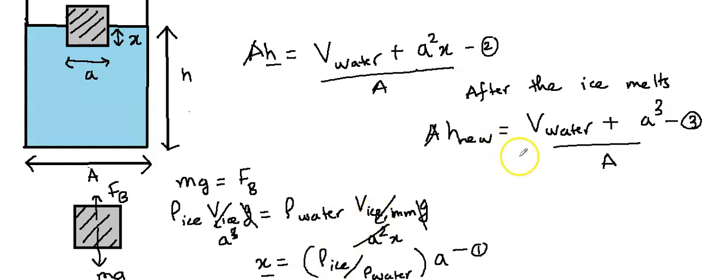But we also have equation 1 which gives us an accurate value of x, but we know that x is less than a, right? Because rho ice is less than rho water. That's why the ice cube is floating. So if we multiply both sides by a squared, and I can do that because a squared is positive, so it won't change the inequality, we have that a squared x is less than a cube, right? And that's the only term that's differing in equation 2 and 3. So there we go. We've actually proved it.